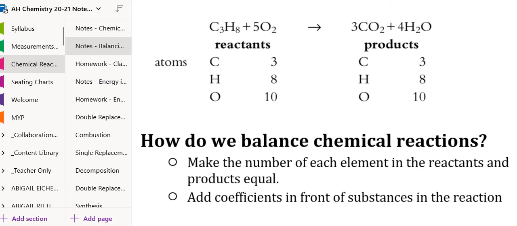1. So 3 carbons. How many hydrogens in my reactants? 8. This is the 1 here times 8 is 8. And then the products, how do I handle the 4 and the 2 for hydrogen? Multiply. Coefficient times subscript, so what's 4 times 2? 8. So are the hydrogens balanced? Yes. And then the oxygens, how many in my reactants? 5 times 2 is 10. And in my products,